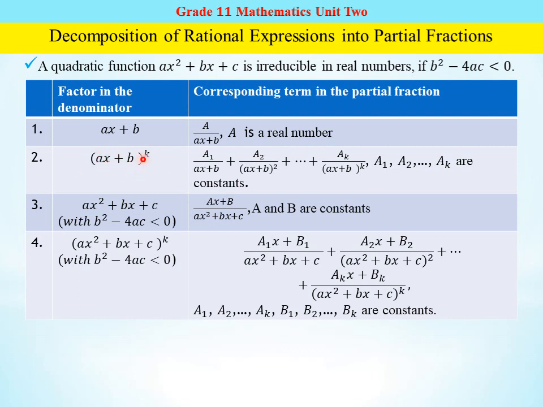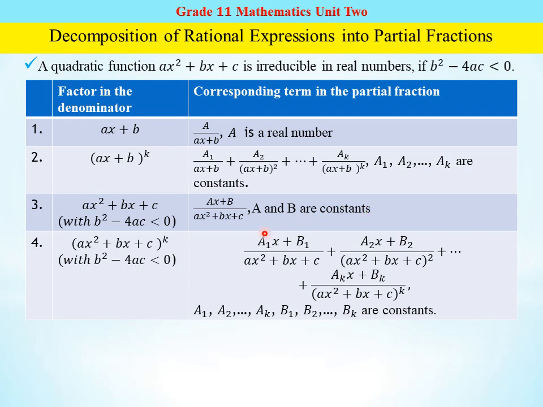the product of a linear function ከሆነ that is a1 over x plus b plus a2 over x plus b the power of 2 up to ak over x plus b the power of k። ያ ማለት እንግዲህ number of linear function ነው እዚህ ጋር k so a1 a2 up to ak are constants or the set of a real number ነው። ሶስተኛው ኬዝ ሊሆንም ይችላል። ለምሳሌ ሶስተኛው ኬዝ ከሆነ x squared plus bx plus c ከሆነ that is x plus b over x squared plus bx plus c ብለን የዚህኛውን ዲኮምፖዚሽን እንፈልጋለን። አሁንም a b are constants or the set of real number።